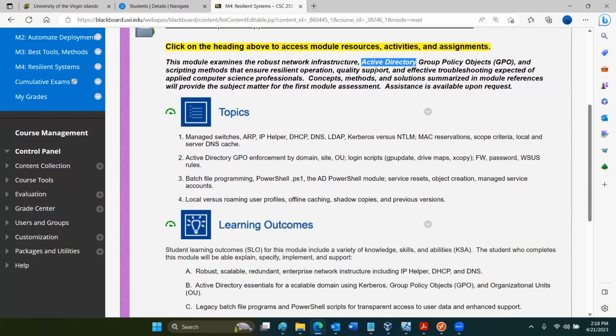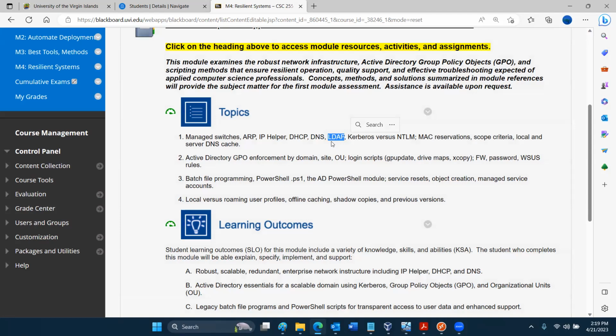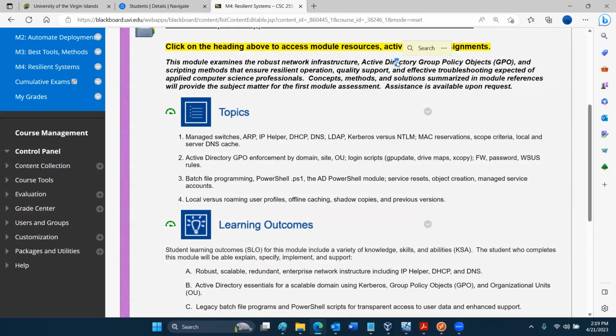So when we talk about Active Directory, DNS is sort of like a linchpin for that. And we've been hammering this idea that having DNS locally is really advantageous. And in fact, this acronym, LDAP, stands for Lightweight Directory Access Protocol. And there you have the directory idea again, right?